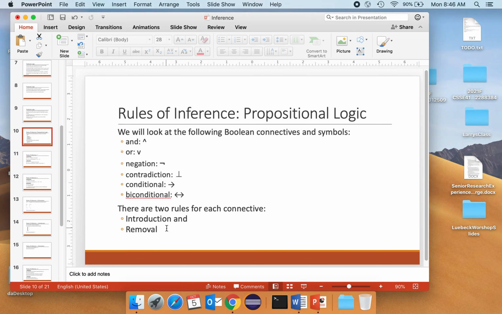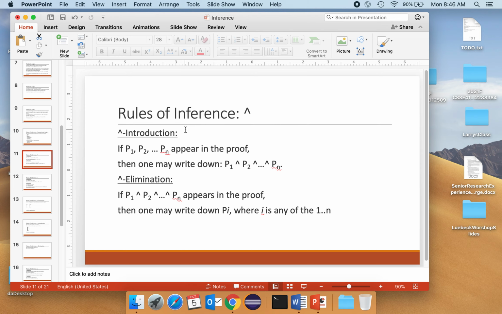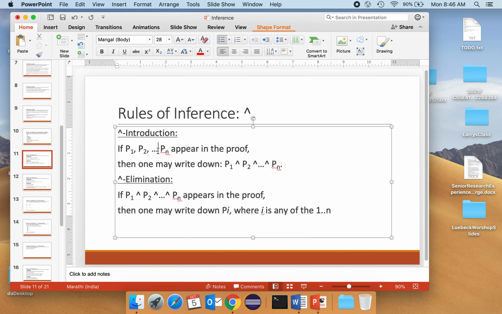Now again, I want you to understand, this is all stuff that can be implemented. This is stuff that a computer can handle. This is very formal. So, AND introduction. If we have some propositions in our proof, like P1, P2, and so on up to Pn, then what